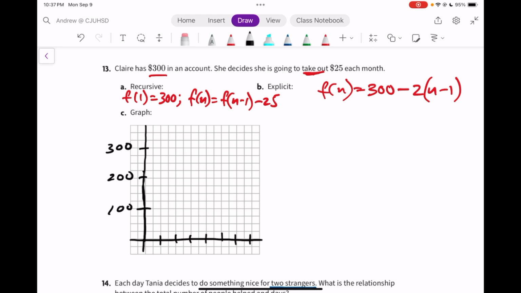So the first month, I'm at 300. Let's label these: 1, 2, 3, 4, 5, 6, 7. First month, I'm at 300. Then I take away 25. So I'm here, right there. Then on 3, I take away 25 again. By the time I've done 4 months, she's taken out